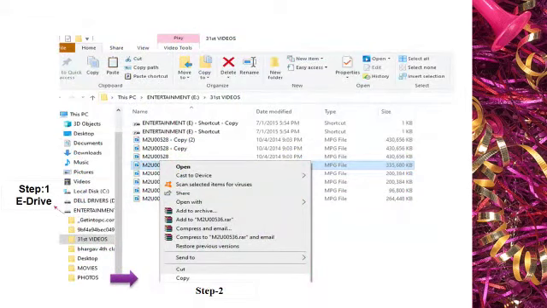Children, click on the E drive. When you click the E drive, step 1, you can observe some files appearing on the screen. Step 2, select one file you want to copy. Here one thing you should observe, children.